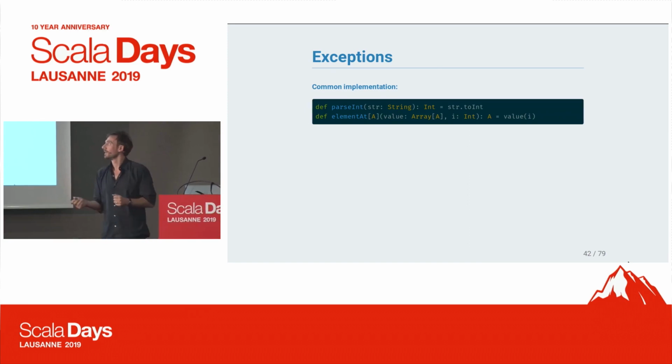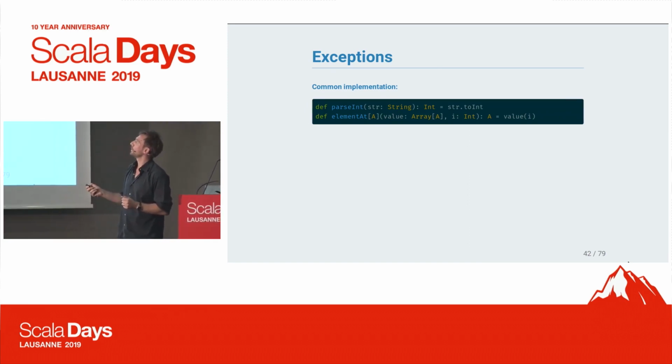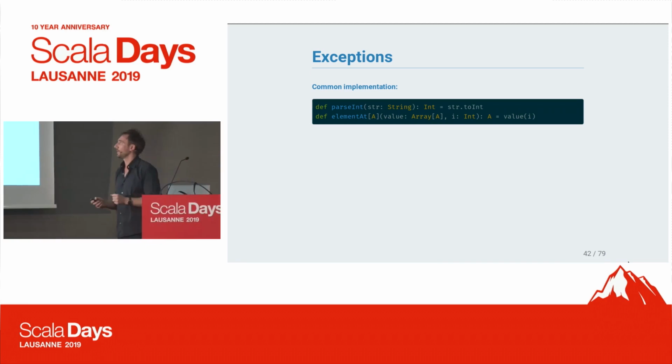Exceptions. Can anybody tell me what's wrong with these 2 bits of code? Come again? Right. So parseInt might throw a NumberFormatException because most strings are not actually valid integers. And elementAt might throw an ArrayIndexOutOfBoundsException or some such thing because I might be outside of the array's bounds. And the problem with exceptions, well, there are very many problems with exceptions, but the one